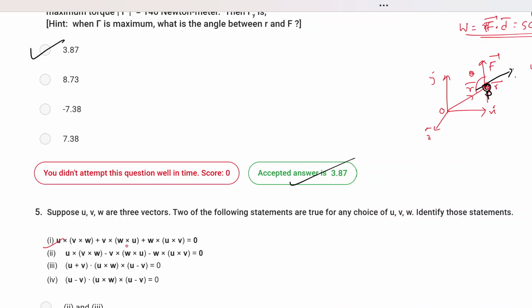Why am I able to say that? It is because this is a thing called a vector triple product. You see that there are three vectors u, v and w, and there are two cross products between them. This kind of form is called a vector triple product because three vectors are taken in a cross product form. Whenever you have a vector triple product in a particular cyclic order of the vectors, you have the right hand side as 0. What I mean to say by this, I'll derive the whole thing, do not worry.